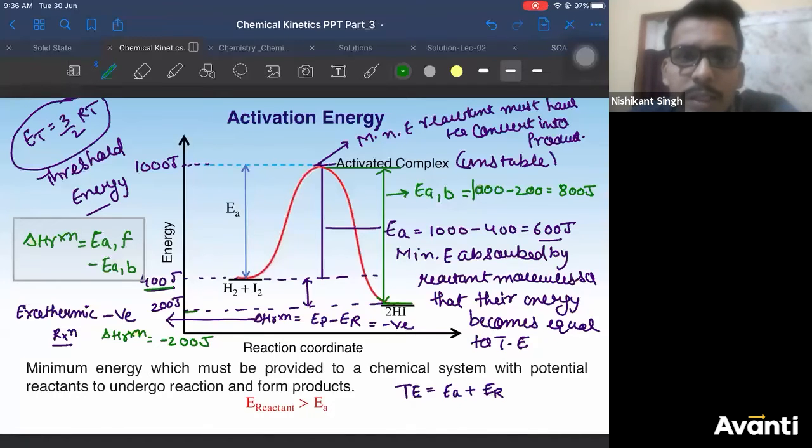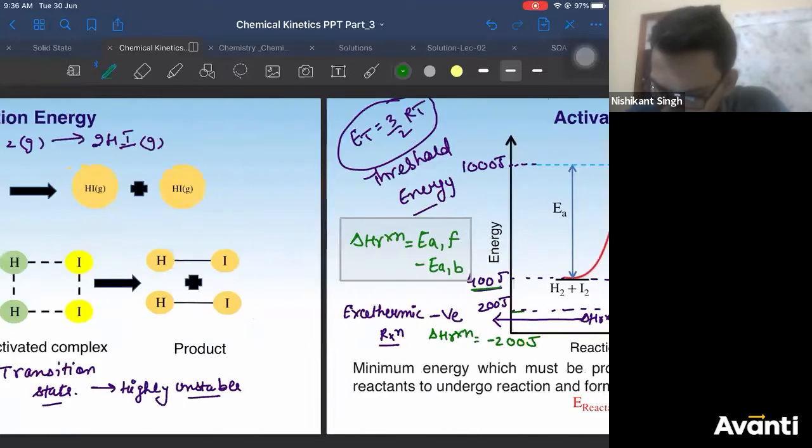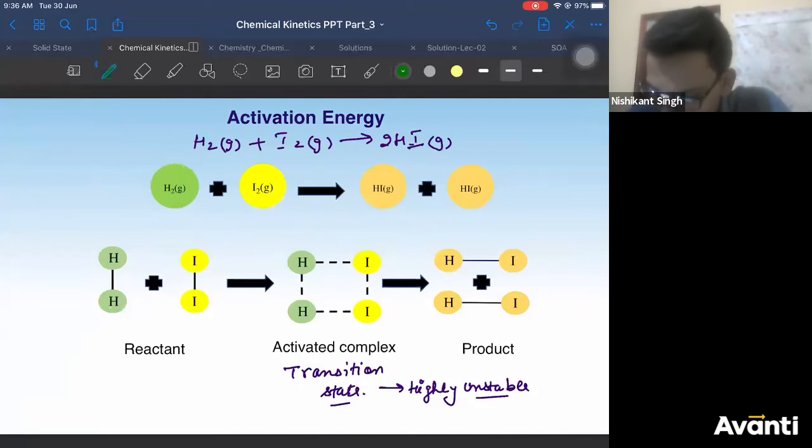But you told this reaction is non-spontaneous. When did I say that this reaction is non-spontaneous? Pritish, when did I say that? Where did I say it is non-spontaneous? In the previous slide? I did not say it is non-spontaneous, Pritish. Can you tell me how and where I said? I did not say that.